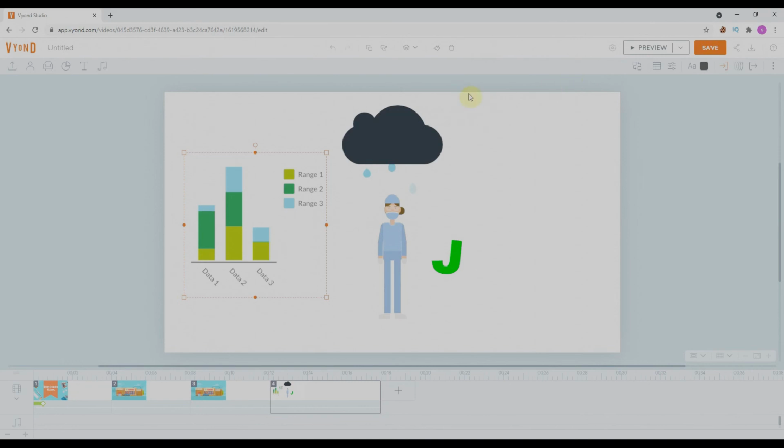Last but not least are the layers, or you can say the arrangement, of Vyond. We can just select anything and go for the arrangement. There is order, align, and distribute. Like we can bring anything forward, backward, or send it completely backward as per our requirement.